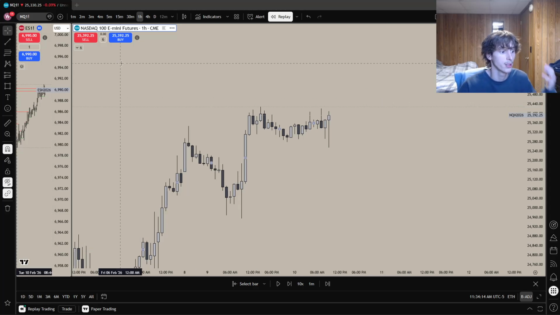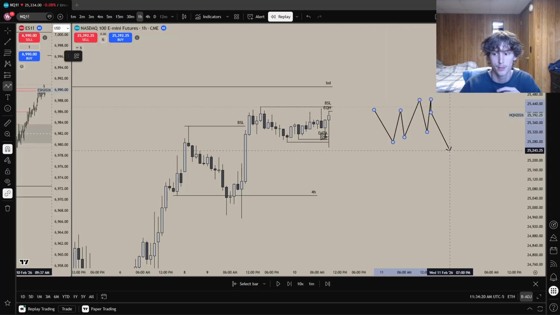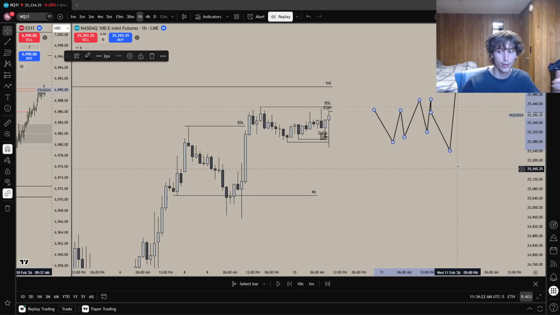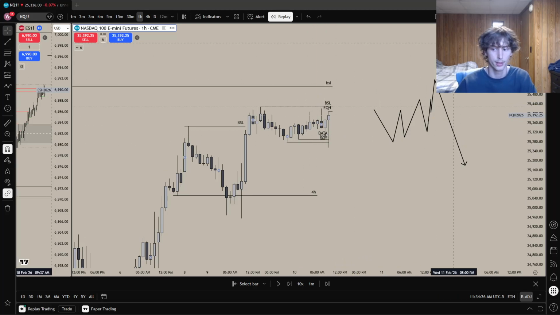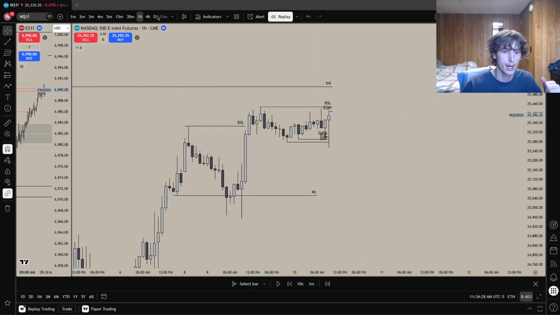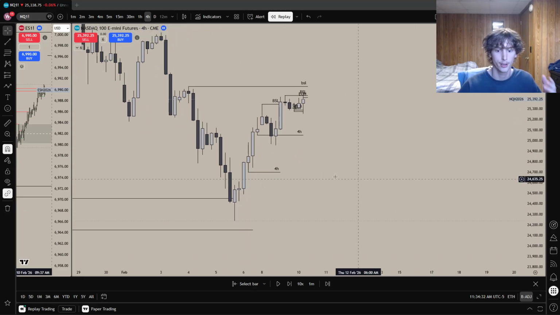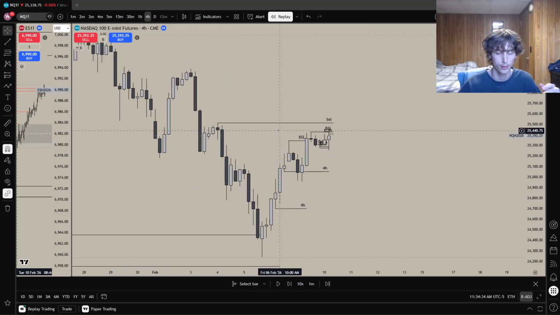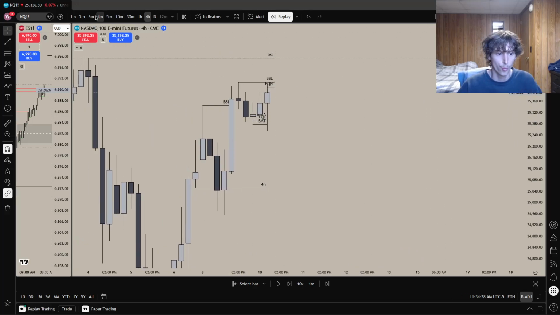So what can you expect? Accumulation, manipulation, distribution. So I'm looking at this, right? We have a bunch of this. I'm expecting something like that. Or if we wanted to go the other way to target our data lows from earlier, we could do that, right? So pretty easy bias. Overall looking bullish though, just because what is price currently doing, right? Current order flow is more important than previous order flow. I'm expecting bullish order flow to hold. So I was wanting to be bullish.